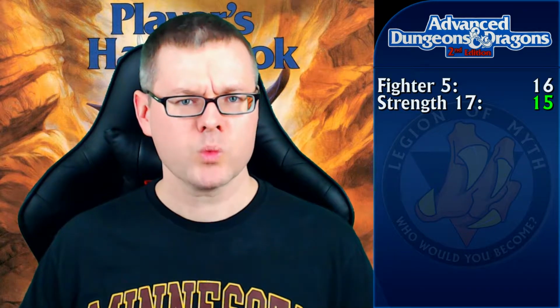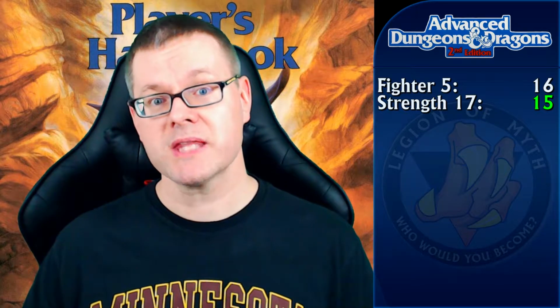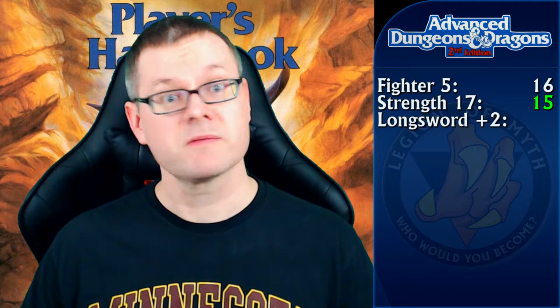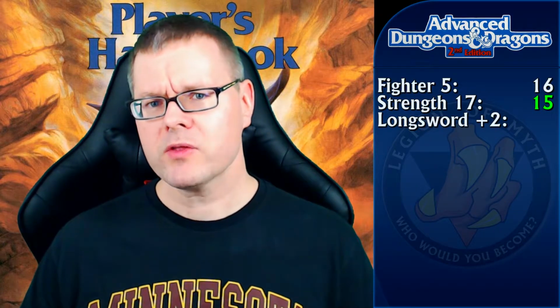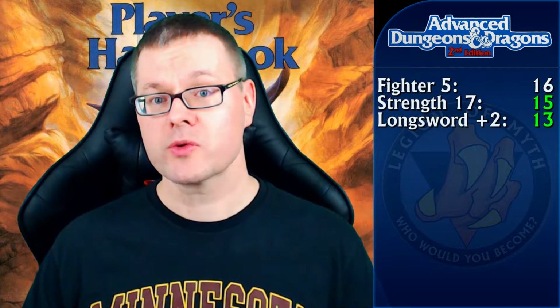Remember, a +1 attack roll bonus translates to a -1 bonus to THAC0, so her THAC0 improves from 16 to 15. Next, we see she's using a longsword for which she is proficient, so the THAC0 remains 15. However, the weapon is a longsword +2. A +2 weapon provides a +2 bonus to the attack roll. Again, a +2 bonus to the attack roll translates to a -2 bonus to THAC0, lowering the modified THAC0 from